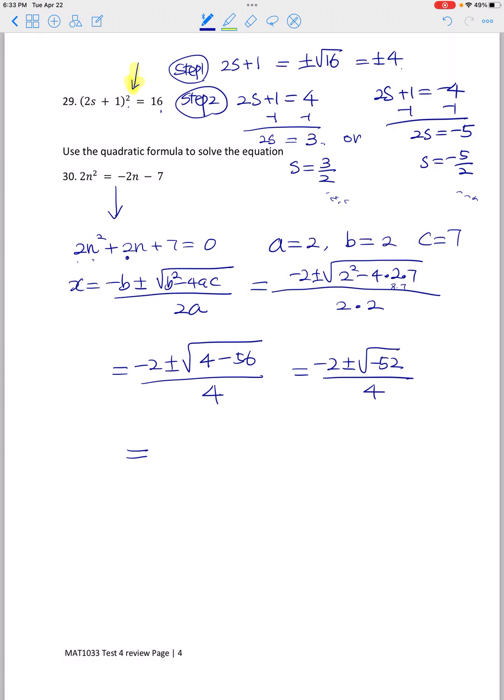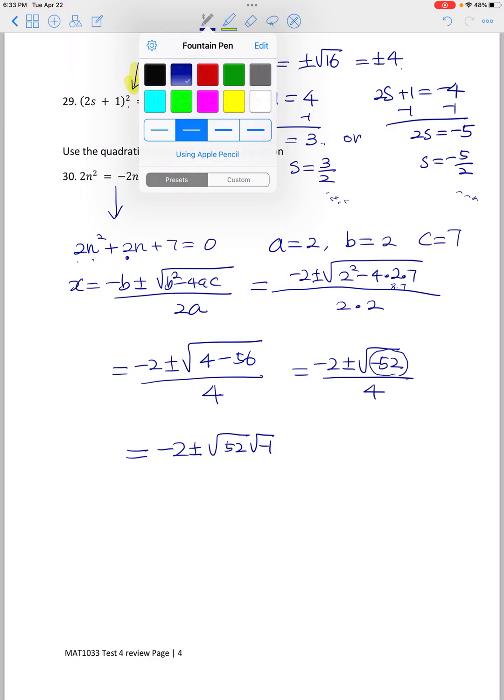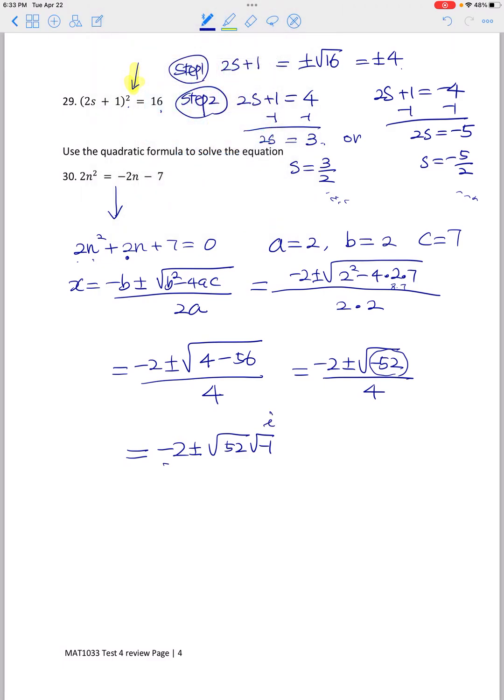Well, think about it. We're going to put this negative 1 first of all into the i. But we also need to think about simplifying the 52, right? So 52 is divisible by 4, and that's the maximum perfect square factor. 52 divided by 4 is 13, and 13 we are not able to factor out any more, right? And then I know the radical